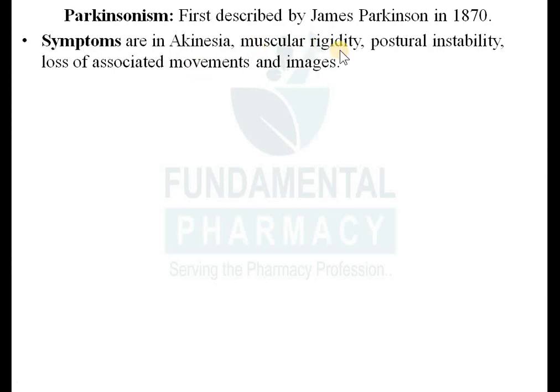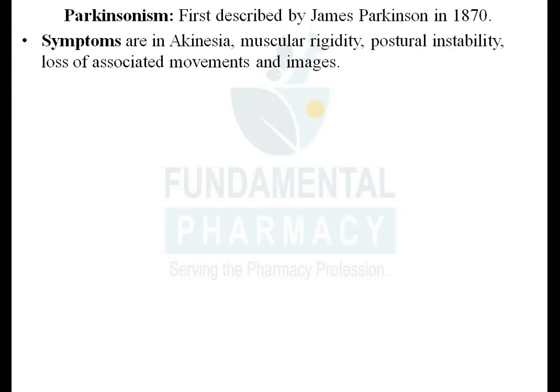Next one is the muscular rigidity, so your muscle will not be flexible, your muscles will lose your flexibility and it will become rigid, so akinesia, muscular rigidity. Then postural instability, so your posture will not be stable, so whatever normal patient is there, so normal patient क्या होता है कि वो स्ट्रेट खड़ा रहता है और वो फटाक से उसको बोलेंगे चलने के लिए तो आप वो स्टेप बाय स्टेप चलेगा, फास्ट, मतलब लंबी स्टेप भी ले सकता है, शॉर्ट स्टेप भी ले सकता है। व्हाट हैपेंस इन द पार्किंसन पेशेंट, द पार्किंसन पेशेंट लॉस इट्स मस्कुलर स्ट्रेंथ, देन मस्कुलर फ्लेक्सिबिलिटी, दैट इज मस्कुलर रिजिडिटी, देन इट्स